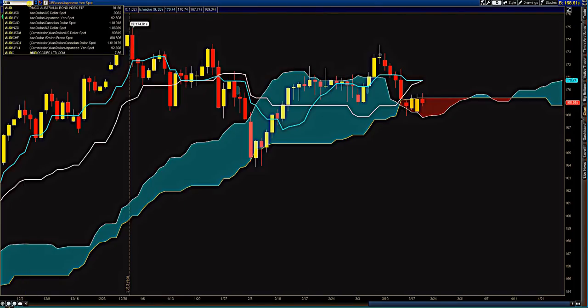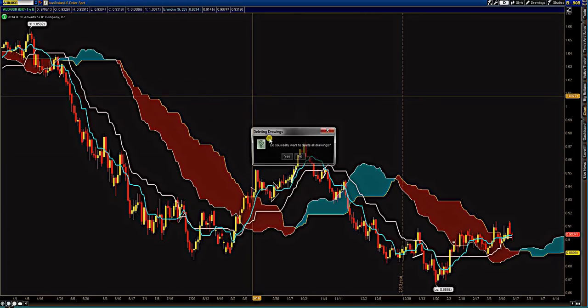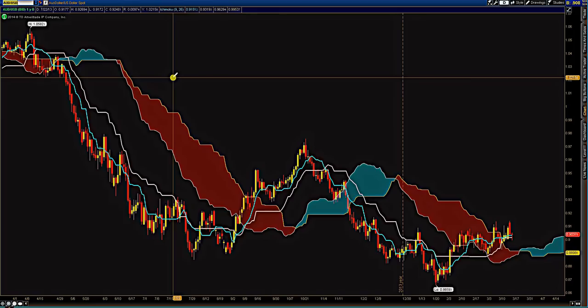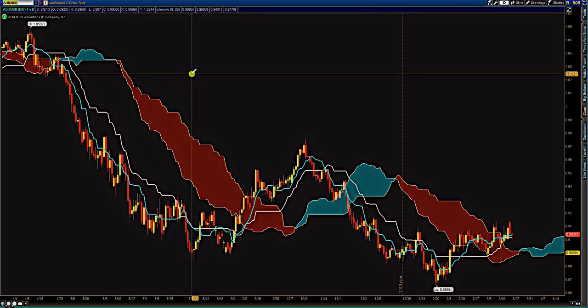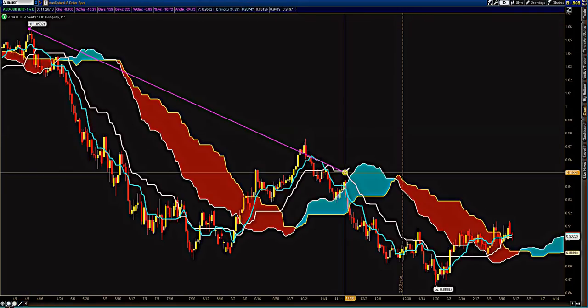Let's take a look at Aussie Dollar. And in my next video, I will go into more detail on how to use other indicators on how to trade the Ichimoku Kinko Hyo. For example, indicators such as trend lines, simple but yet powerful. If you take a look at this,